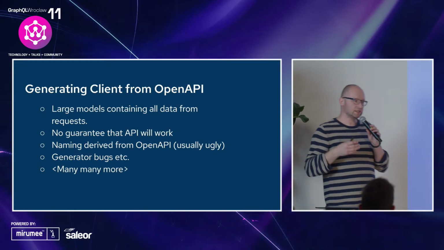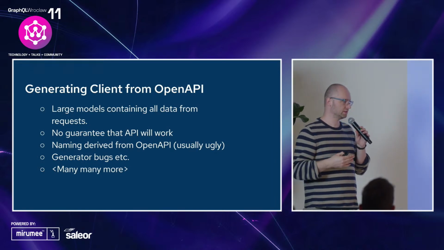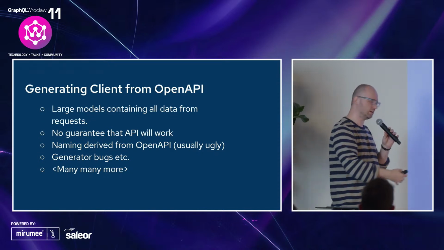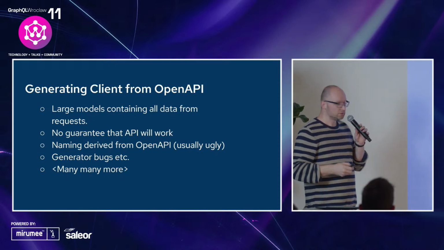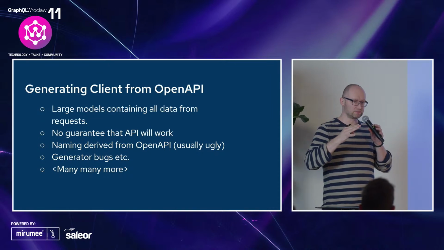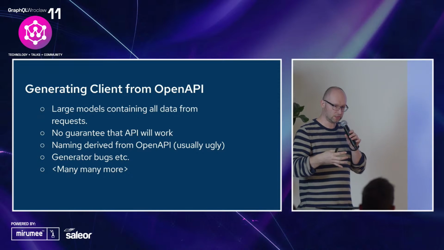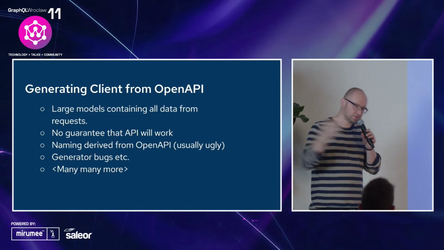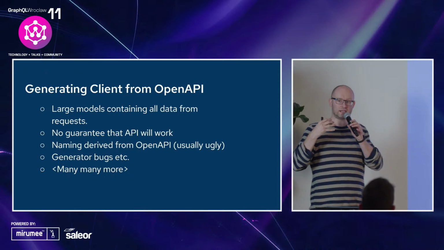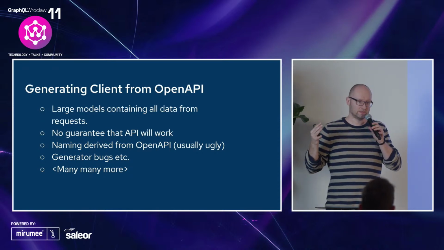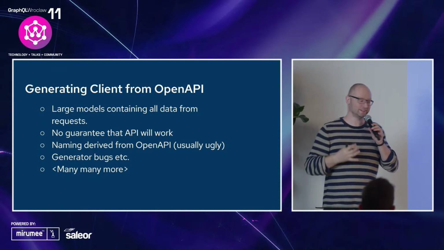So when you're generating clients with OpenAPI, by definition, at the beginning, you're being slammed by a number of issues. First of all, you're going to have very large models, because you don't have a choice. Literally in GraphQL, you're choosing the queries and you're getting what you want. Here, you're basically getting the entire SDK in front of you. So if your backend has 10 years of development, you're getting 10 years of development in the code in front of you.